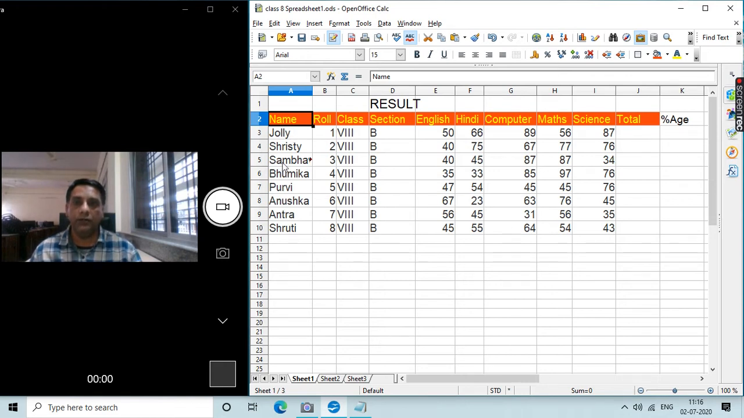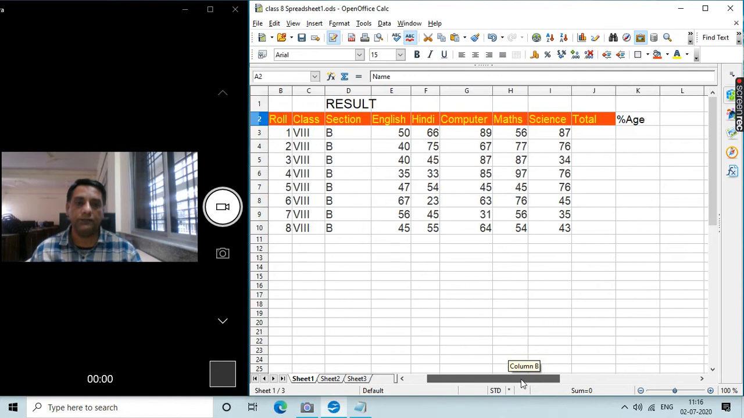So this is the name column. There are certain names here. Roll numbers are just fictitious roll numbers, then class and sections, and certain marks are there. In this chapter I would like to show how certain calculations and certain functions take place. First of all,